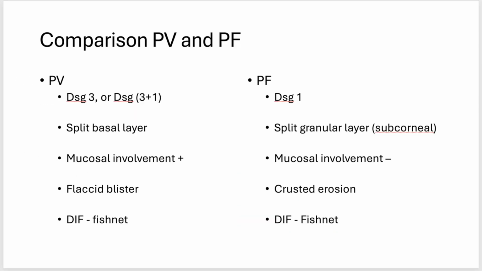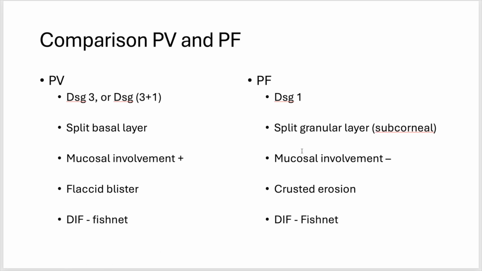And here is a quick side-by-side to wrap up pemphigus vulgaris versus pemphigus foliaceus. PV is caused by antibodies to desmoglein 3, or both DSG3 and DSG1. The split happens just above the basal layer, and that's why we see mucosal involvement, since DSG3 is expressed in the mucosal surface. Clinically, you get flaccid blisters, and on direct immunofluorescence, you will see the classic fishnet pattern of intercellular IgG